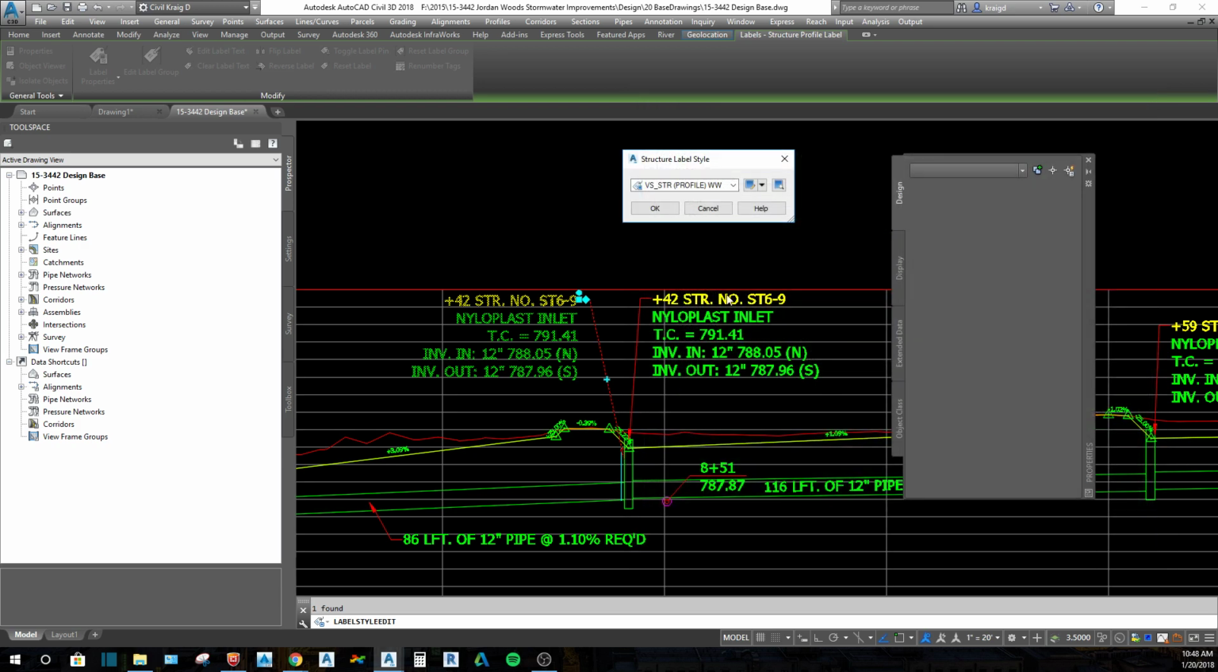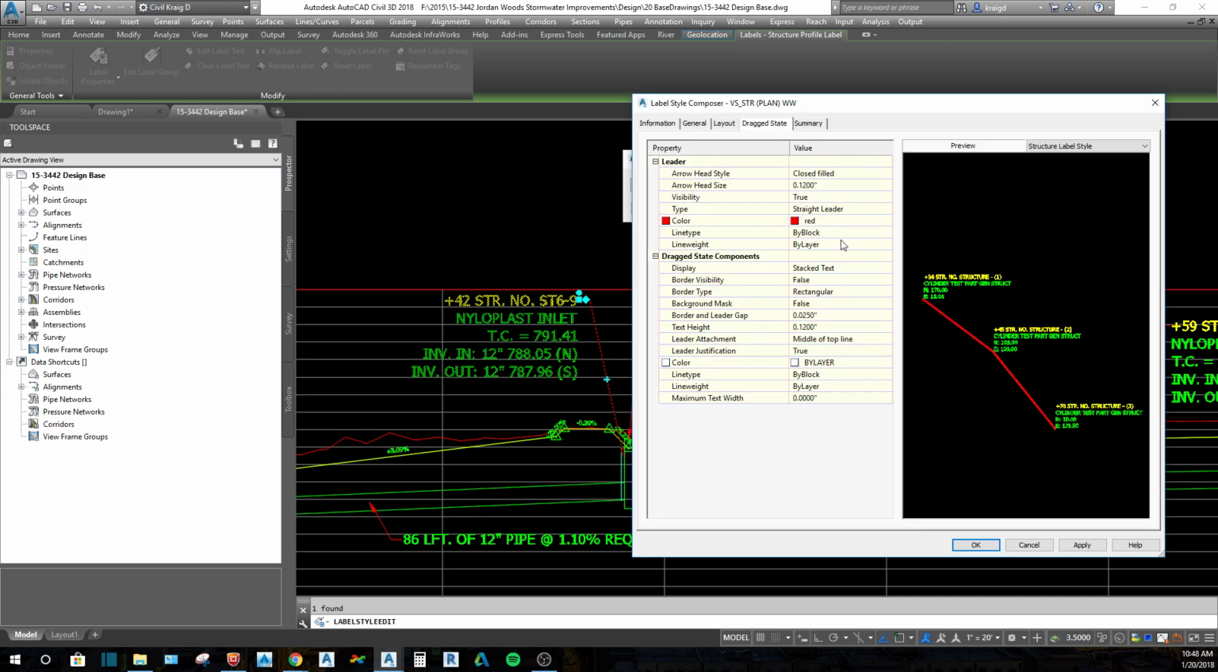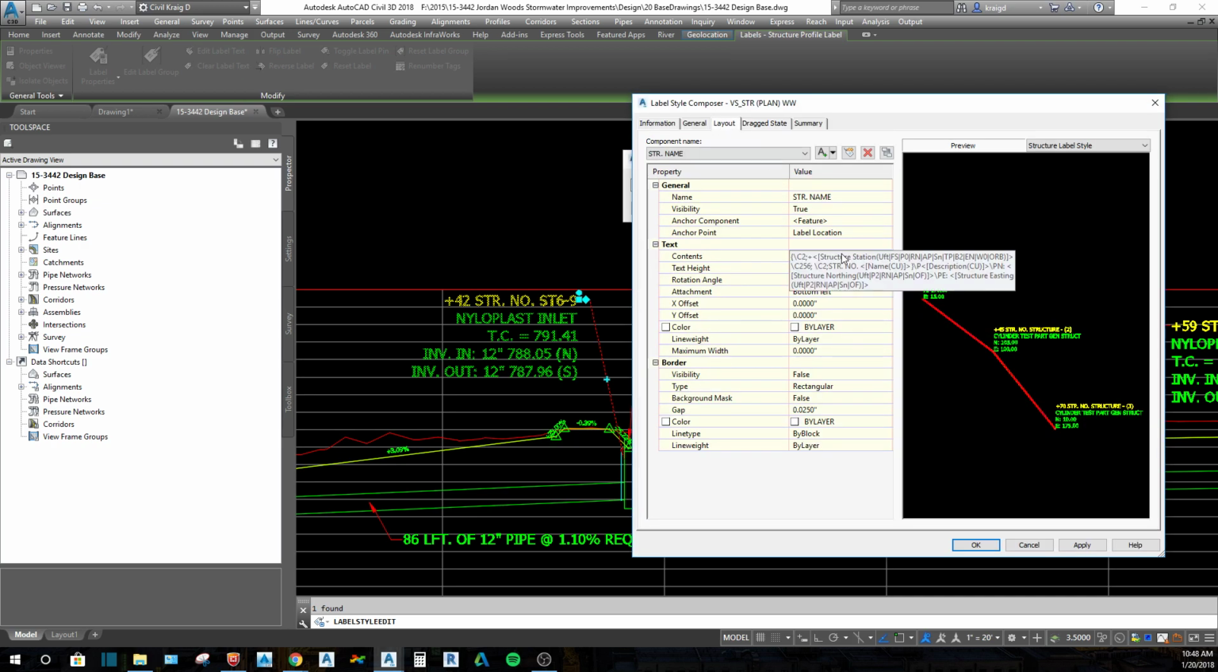Oh, nope, that is not what we want to do. We want to change it, not edit it. So back to there, and then pencil and paper, so you're editing the plan. The plan layout has just a structure name, and then inside of that component we have